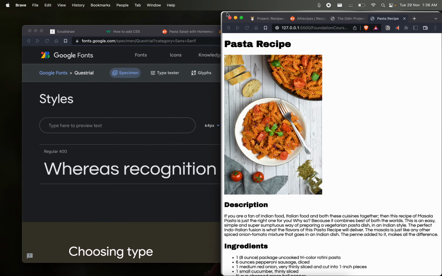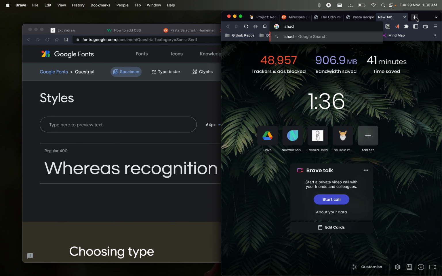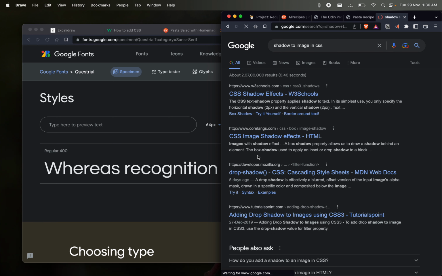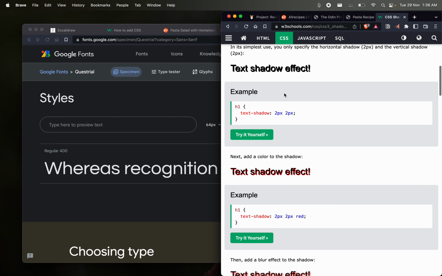And there's a specific property to add shadows. In CSS, we need to specify like 3 properties: box shadow,